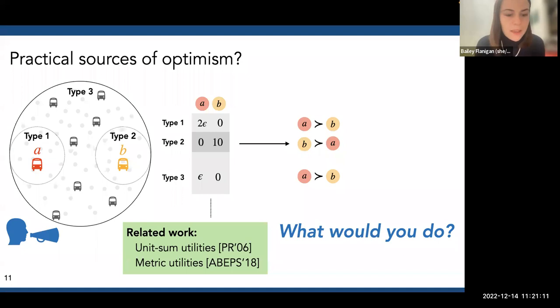Okay. So then the question is, if we can't just make assumptions on the utilities that fix the problem, if you could talk to everyone in this community, what would you say? If you saw this election happening and you had a sense that maybe the utilities looked like this and you were worried that the community was going to choose bus stop A, even though it's not really that high value of a decision, what would you say to people? Does anybody have any ideas? This is kind of an open-ended question.